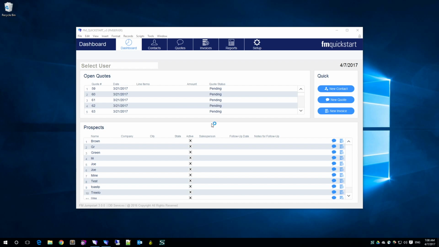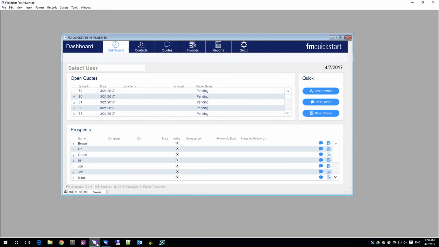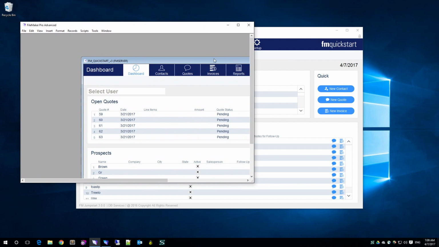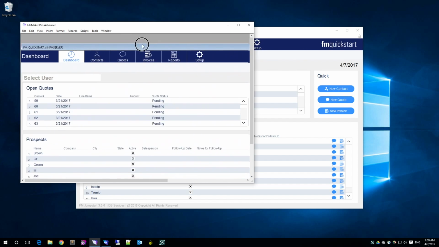Now here I have my FM Quick Start for FileMaker 16. And if you're an older user that used FileMaker 15 or earlier, you'll notice a few differences right off the bat. If I pull up FileMaker 15 here, you'll see that there's a lot of gray space out here. And this is my bounding box. That means that I can only have one window inside of this very big gray box. And that means I can't drag another window to a second screen or a third screen if I have it. To kind of show the bounding box, if I sort of not maximize this, you can see that I can't drag this outside of this bounding box.